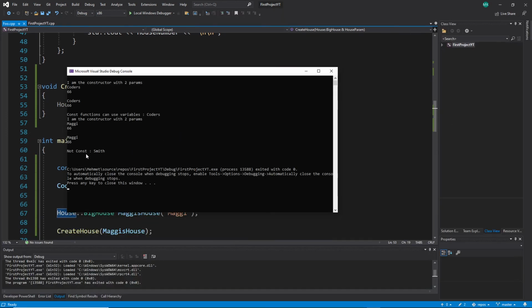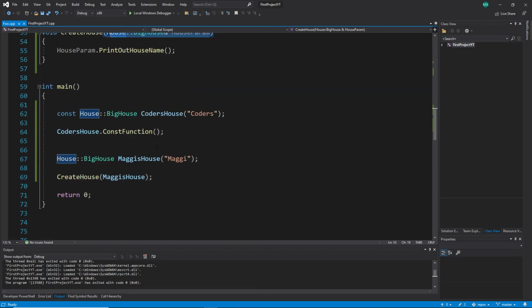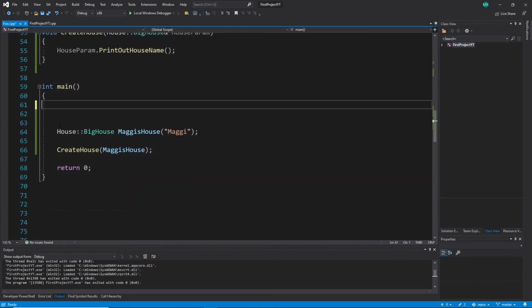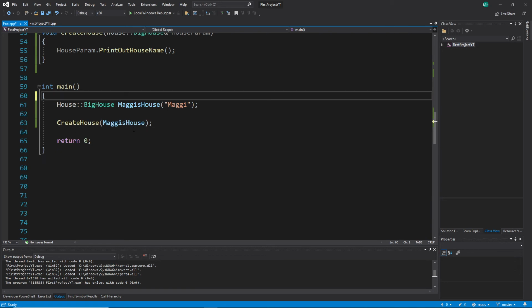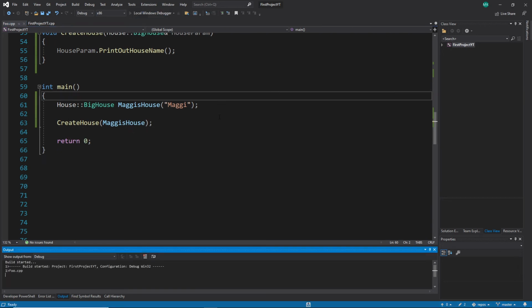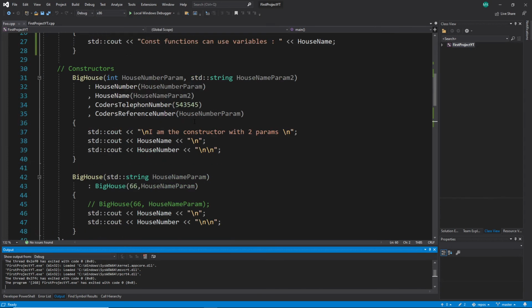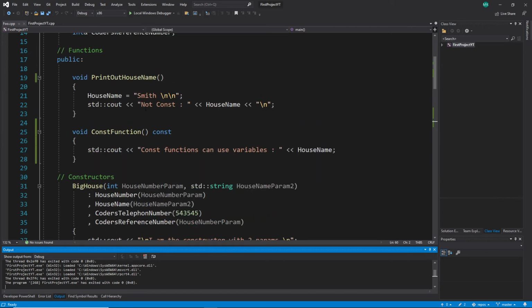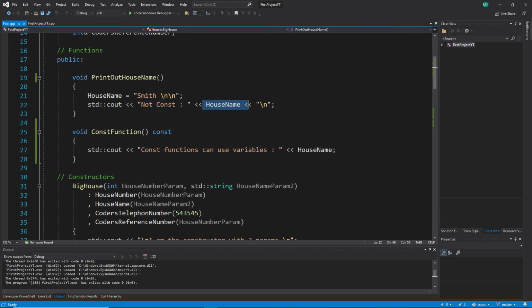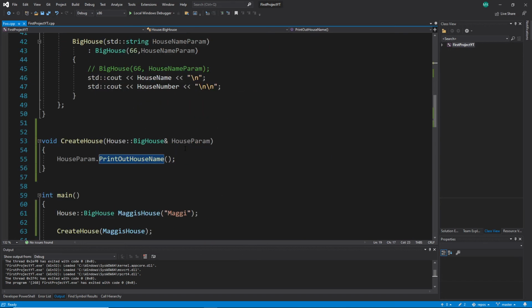And you can see, where is this? No const here. Let's get rid of this one perhaps, so that it makes it a little bit easier to see what we have. All right, one more time. Here Maggie is created and then no const, so it is changed. You can see this one here. No const, and then here house is called, and it is changed. And